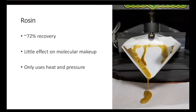Our press, I think, goes up to 10 ton. I don't think we ever used that amount, but it's quite nice. And so you're asking about the bags, right? So it really depends on the material that you use. If you press like a keef or a dry sift or bubble hash, you end up using about a 25